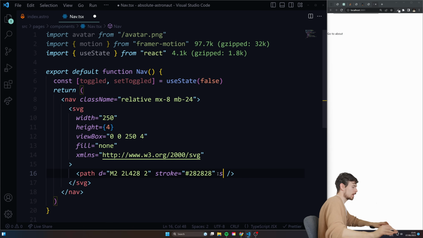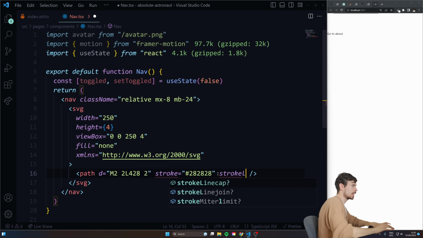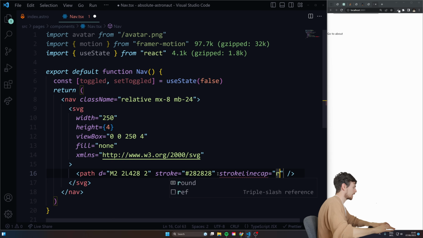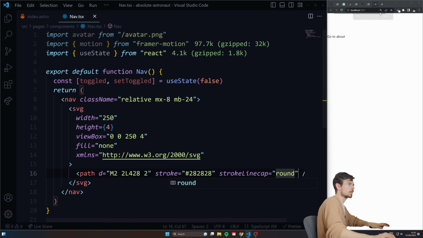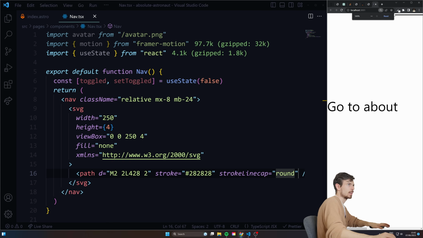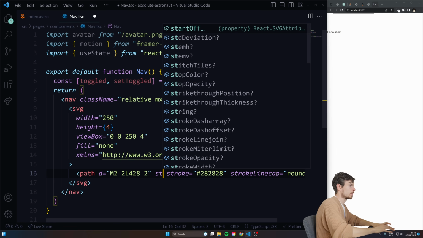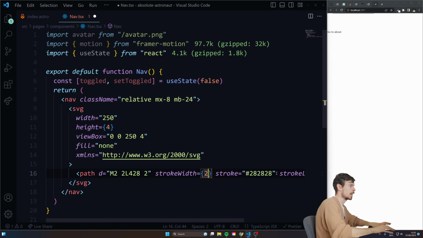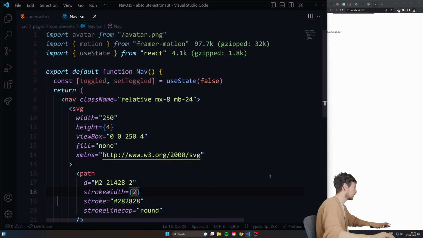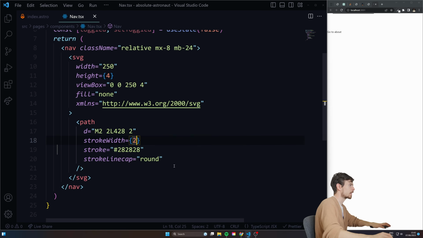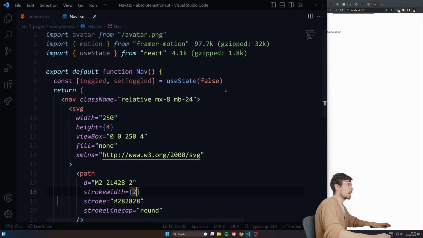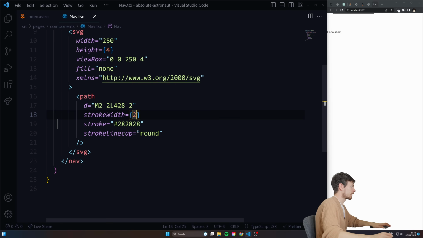And then we can do a stroke line cap as well, and we can make it round. There we go. That's just gonna make the ends not look squarish. Can you see that? Cool. Perfect. All right, so we got all of that sorted out. Stroke width, we can also add 2 here just to thicken it up a little bit. Perfect. So now that we have that, we're gonna be able to move it and position it any way we